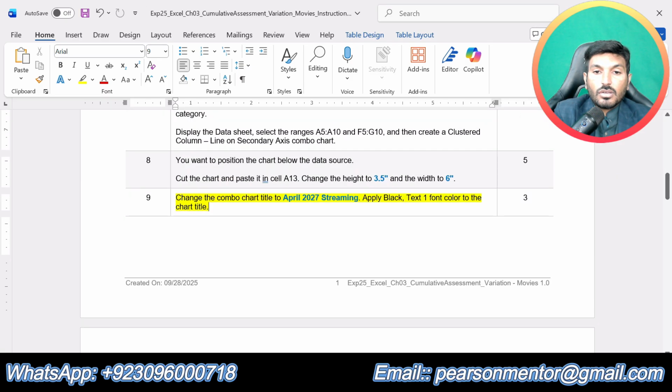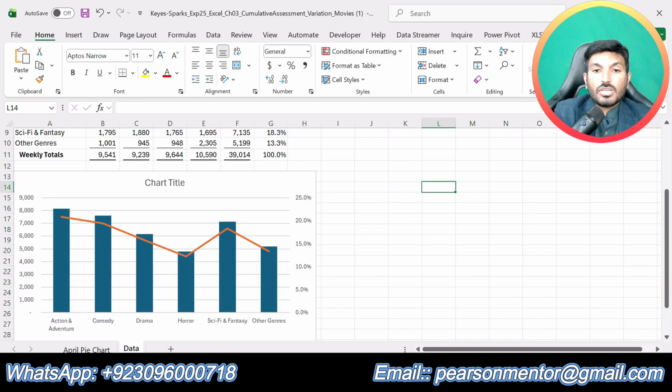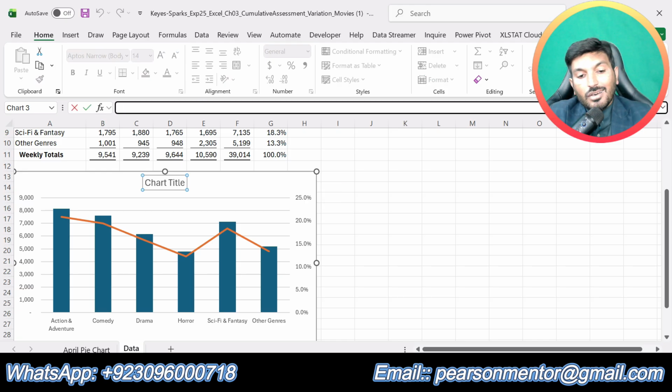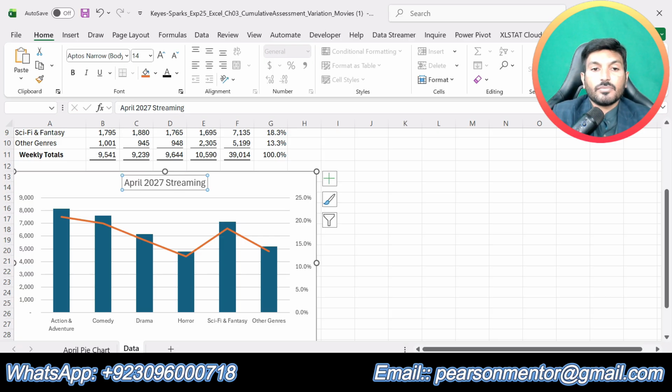Just select this chart title, go to formula bar, and here type April 2027 streaming. That should be the chart title. After typing this into the formula bar, just press enter. Now we have added a chart title to this combo chart.